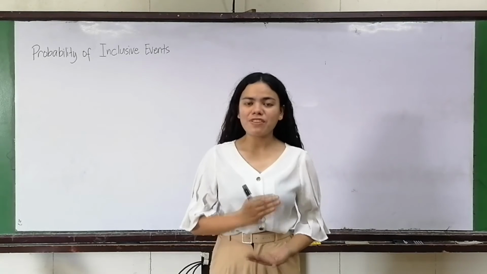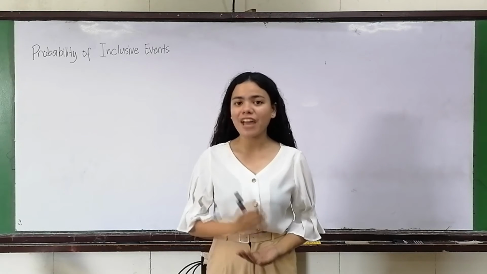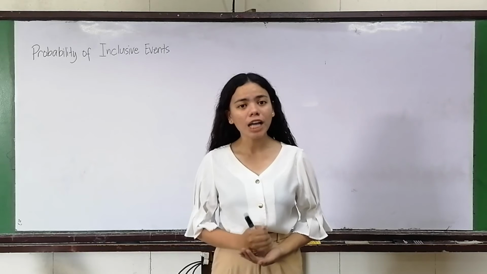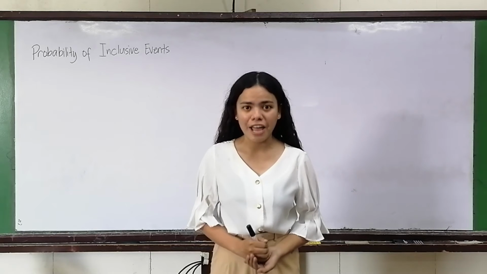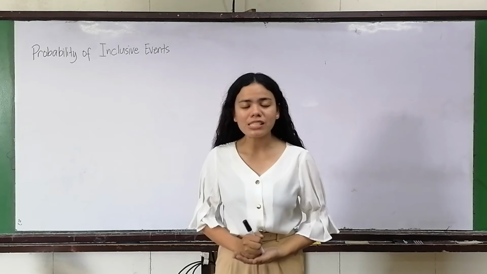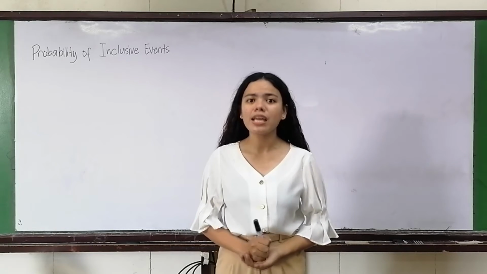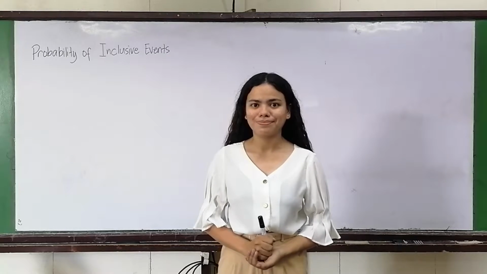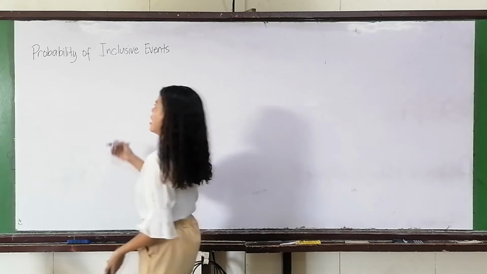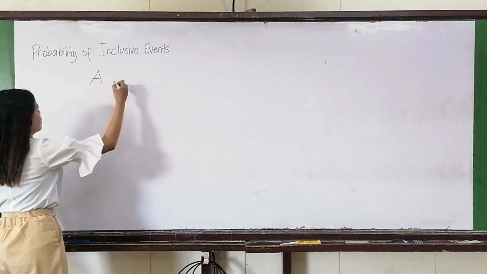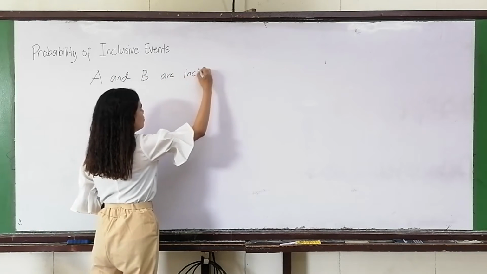An example of inclusive events is when you roll a die once, and then you let A be the event of getting an odd number, and B be the event of getting a number less than 5. So these events are inclusive events because when the number 3 comes up, both events A and B are happening at the same time. The probability of event A or event B happening such that A and B are inclusive events